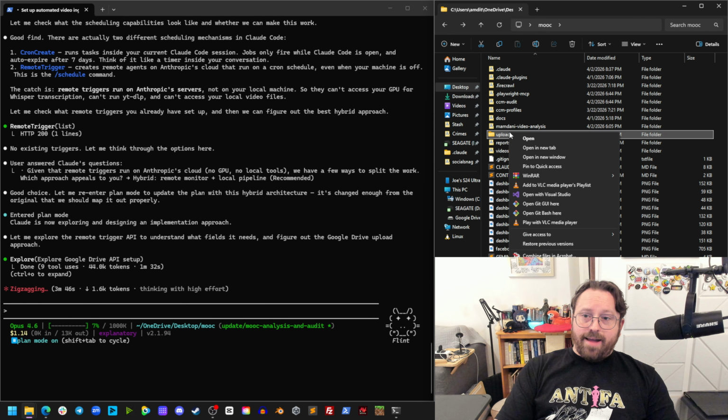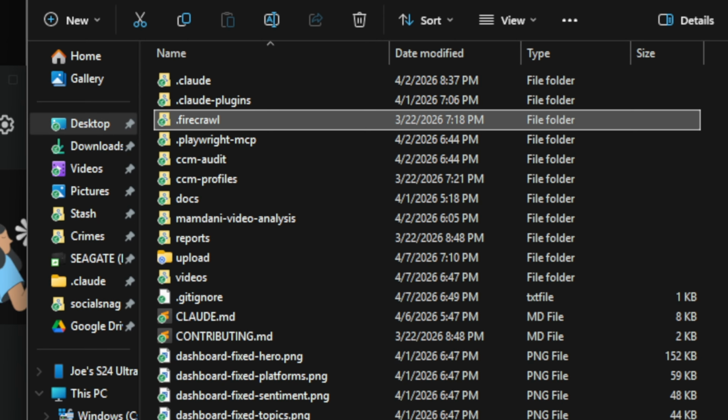But if you do want a simple way to get files that are on your local machine automatically added to Google Drive, it's pretty easy to do. All we do is make sure we make a folder and say it should be synced with Google Drive. It's not that difficult. And since I already have my desktop being synced with Google Drive, we can go in here, we can see my drive, it's already synced there. We don't really have to do anything other than start that Google Drive up, and all of a sudden, boom, this folder is syncing, and it's syncing with Google Drive.